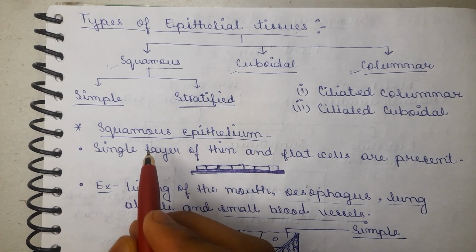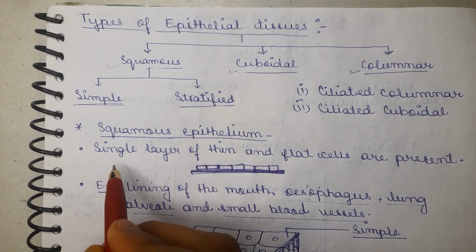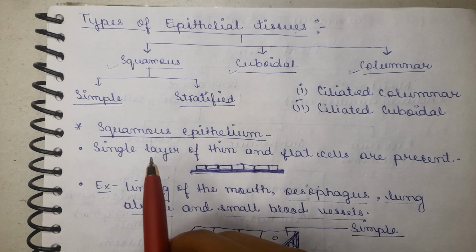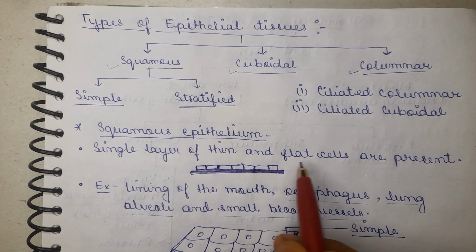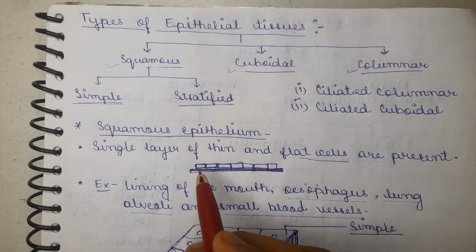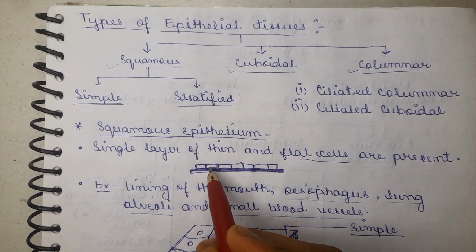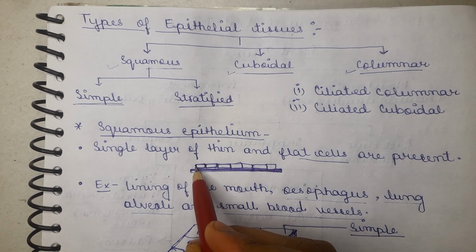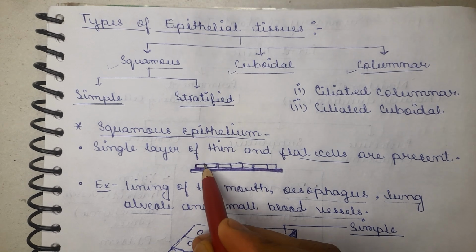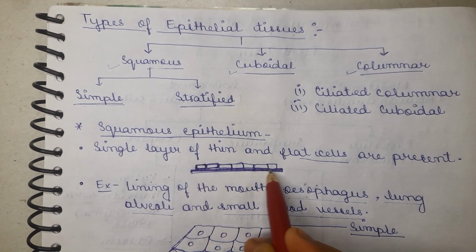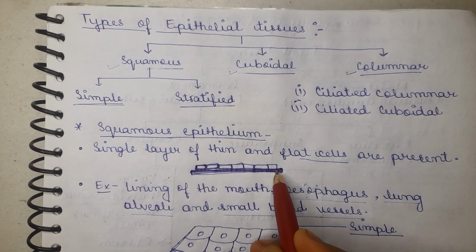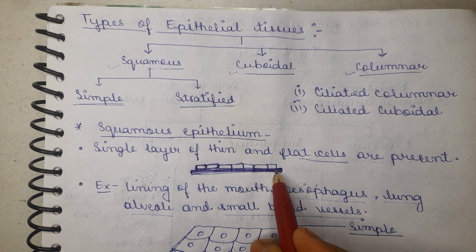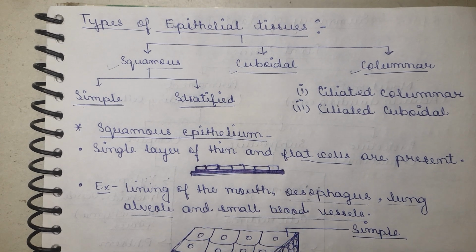The simple squamous epithelium is mainly composed of a single layer of thin and flat cells. If we look at the diagram of this squamous epithelium, the cells consist of a very thin layer having a membrane, a basement membrane. This is mainly a basement membrane for substances to enter inside the body or come outside